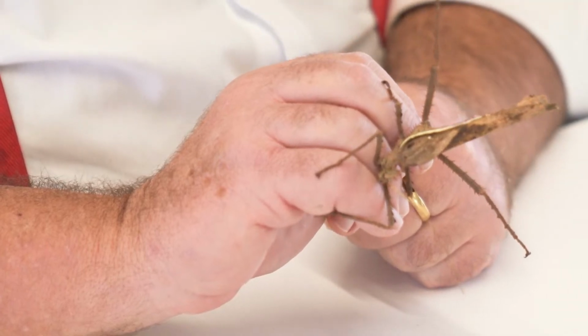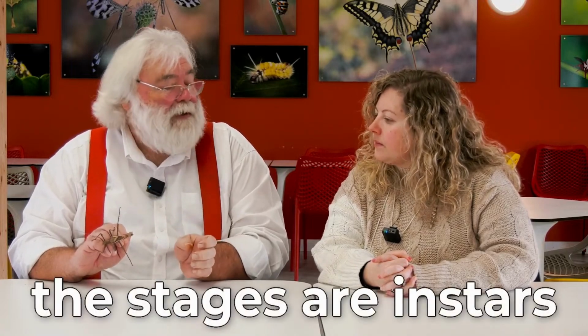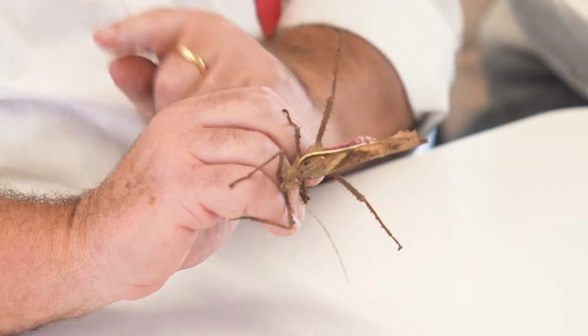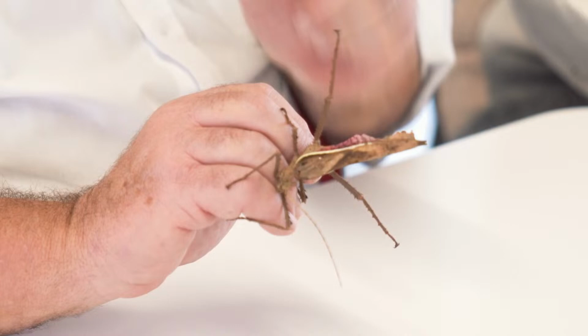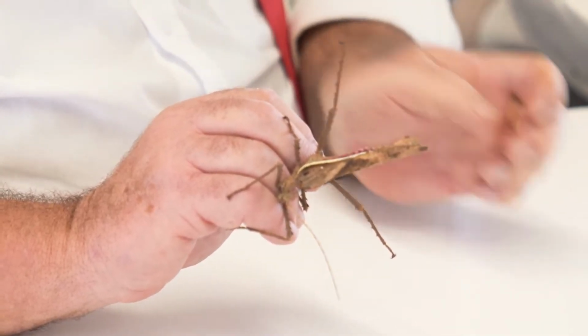And what's the difference between, you've got an adult one here? Yes, now the wings themselves, just like the locust, only appear when the adult actually emerges from the last instar. The stages are called instars, from a little baby locust or stick insect, and they grow and shed their skin. And it's only when they get to the very final adult stage that they've got all the wings fully functional. So if I get out a juvenile for you, this is a juvenile of the same species of stick insect, and you'll notice,